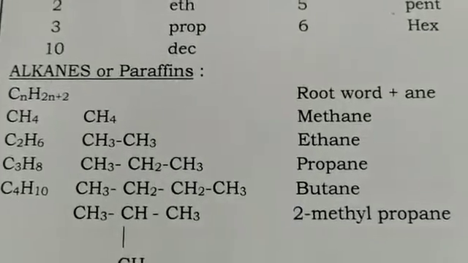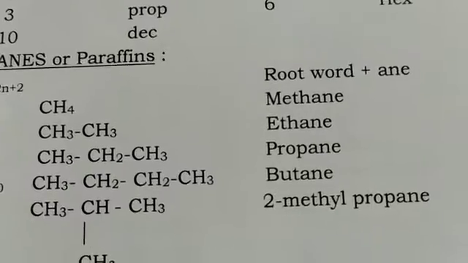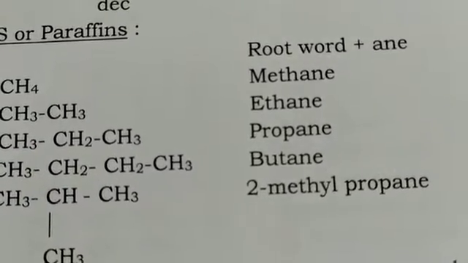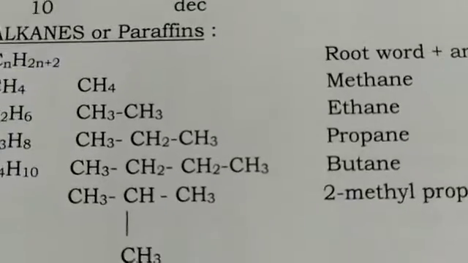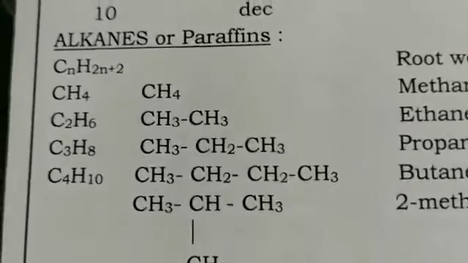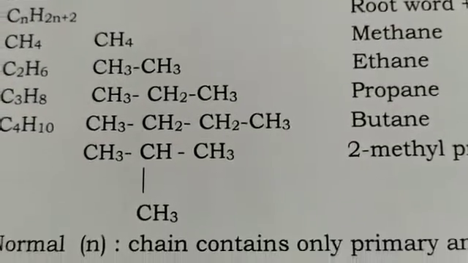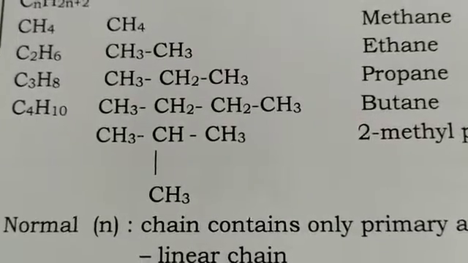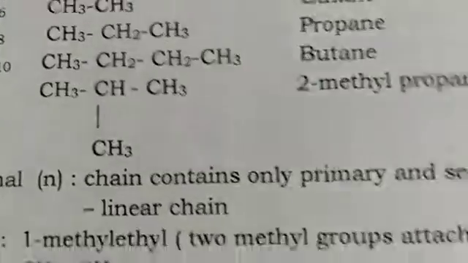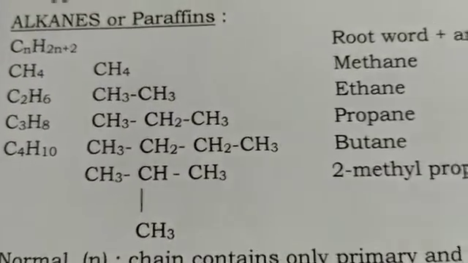Next, we can see alkanes. Alkanes are also called paraffins. Why are they called paraffins? Parum affinis, less affinity, because all the 4 valencies of the carbon atoms are satisfied in alkane. When we consider CnH2n+2, the first member is CH4, the second member is C2H6, C3H8, C4H10. You know very well, in a homologous series, adjacent members differ by a CH2 group.